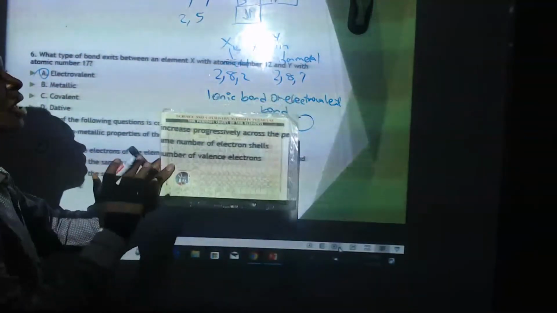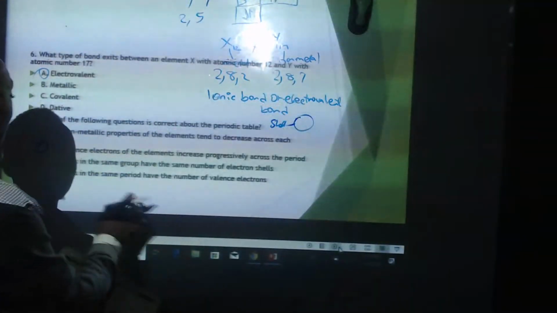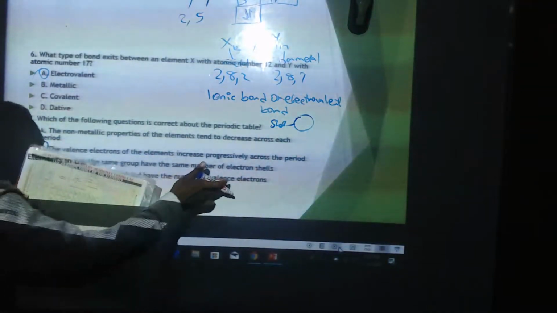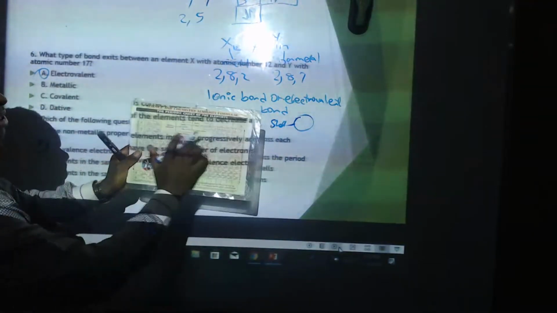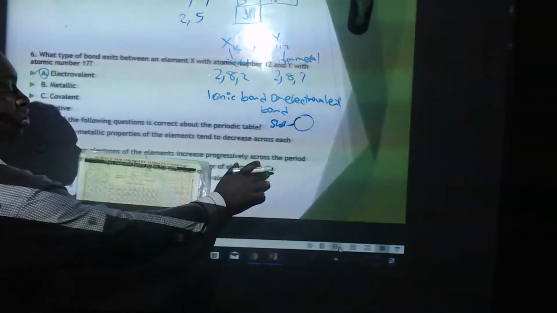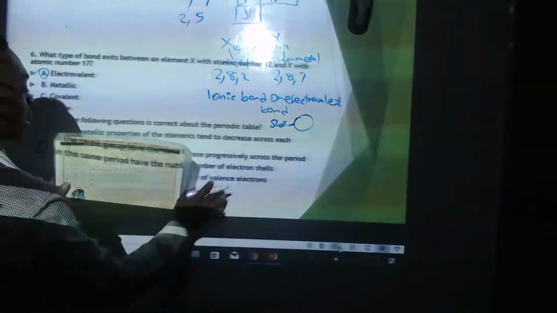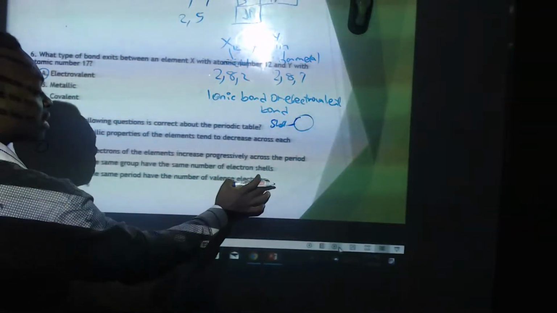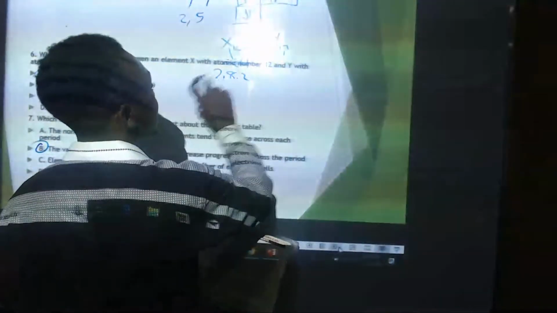And I told you elements in the same group have the same number of valence electrons, and not electron shells. Now the next one says elements in the same period have the same number of valence electrons. So now it's just the opposite. Elements in the same period have the same number of electron shells, not valence electrons. Elements in the same group have the same number of valence electrons and not electron shells. Okay, I think that's it for